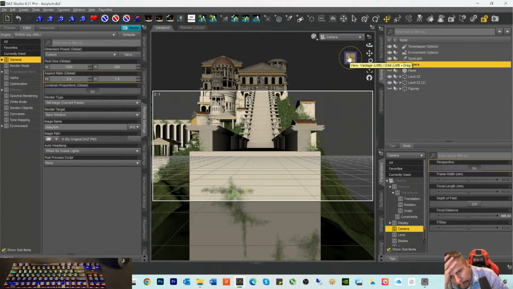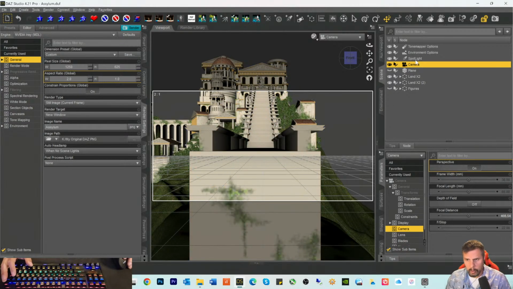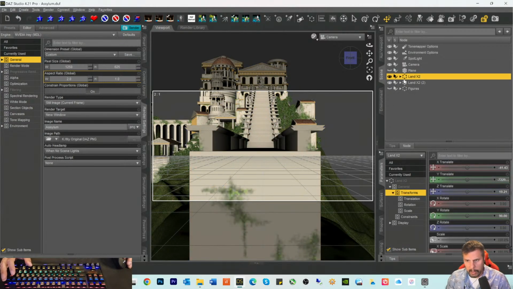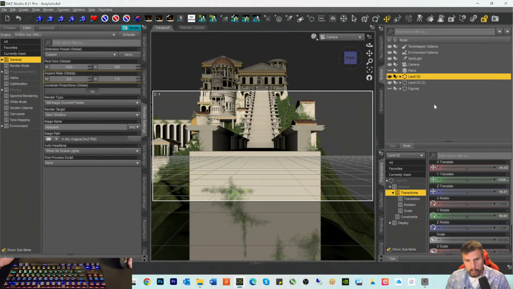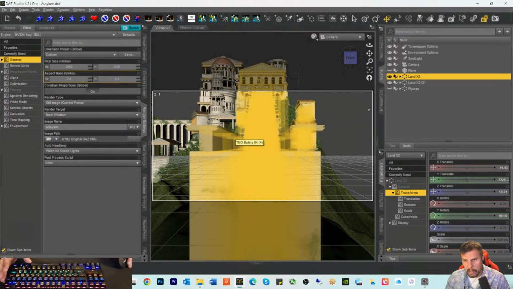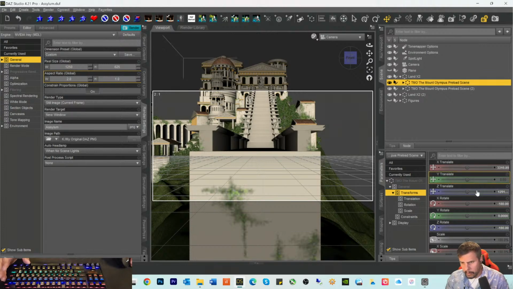Okay, I'm thinking that these objects are too close in my land. All right, that's what it is, because they're just so close that they're so massive, and they need to be made smaller. So if I click on this,